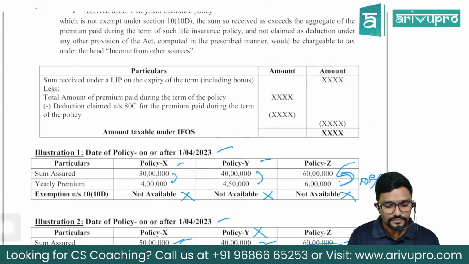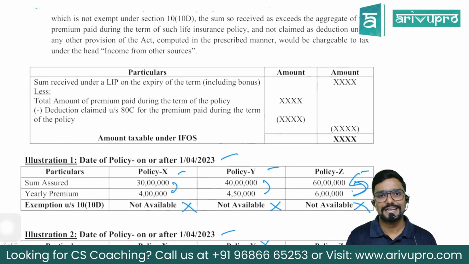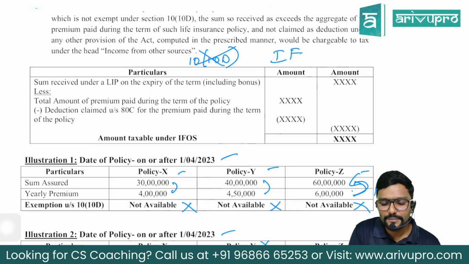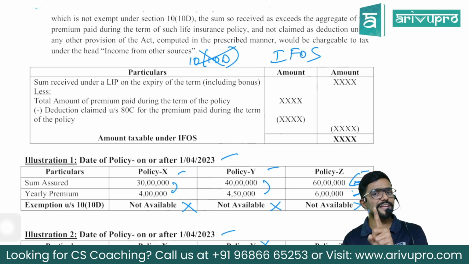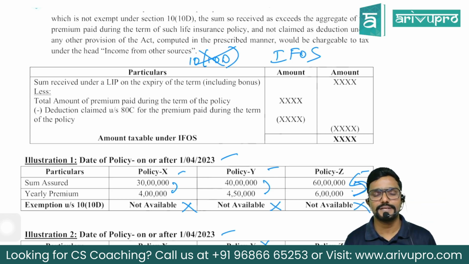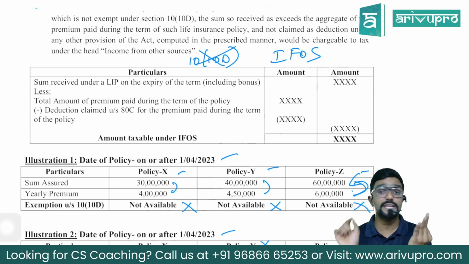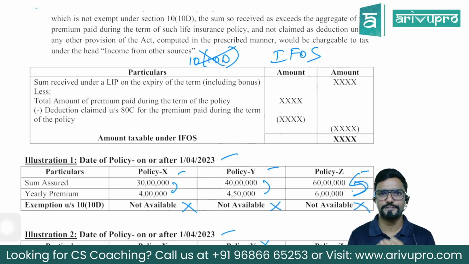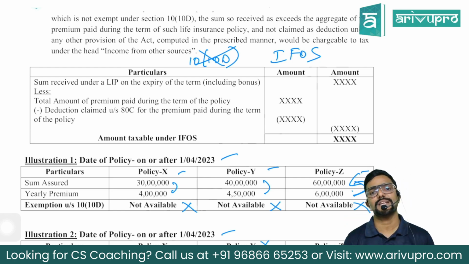Now, sir, what is the amount taxable? If at all it is taxable, that is when section 10(10D) is not available, it is taxable under which head? Income from other sources, except Keyman insurance policy and ULIP. ULIP, if it is taxable, it will be taxable under the head capital gains. Whereas Keyman insurance policy, there are 3 possibilities. It can be taxable under salary head or PGBP or other sources. All 3 cannot happen, any one. Okay, now, coming to any policy other than these 2, that is ULIP or Keyman insurance policy, it will always be taxable under other sources.